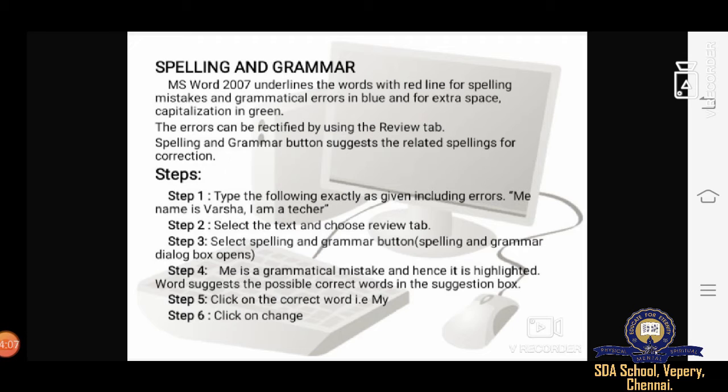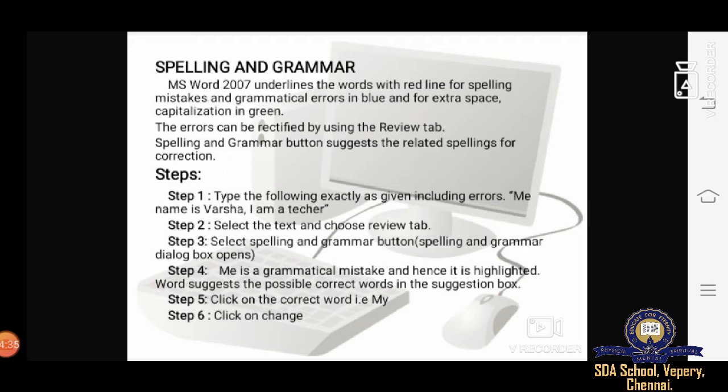So in this, a spelling mistake is there. Can anyone guess what the spelling mistake is? Yes, it is nothing but "techer". Techer is a wrong spelling. So immediately we have to rectify that spelling. What is the spelling of teacher? Teacher. Teacher. If you don't rectify that spelling, the red mark will appear on it.